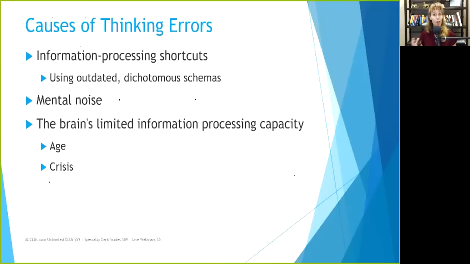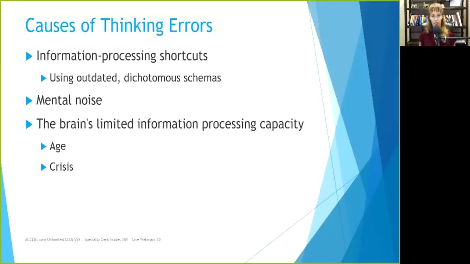So it's kind of a shortcut to know what to expect when I walk in, how to behave, how to do different things, and it helps me plan and predict. If you're using outdated or dichotomous all-or-nothing schemas, it may cause thinking errors because you may be now incorrectly processing